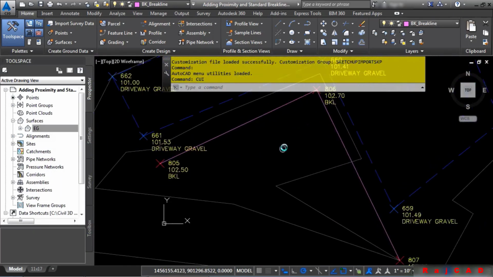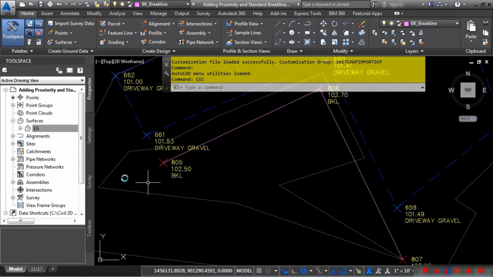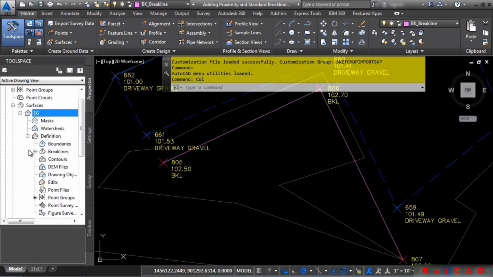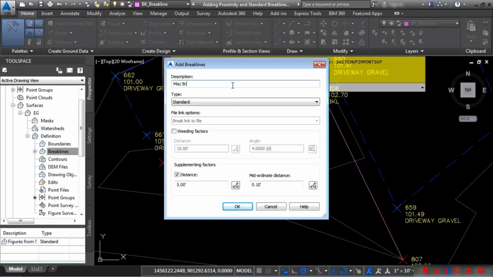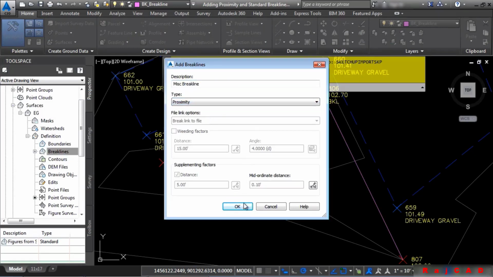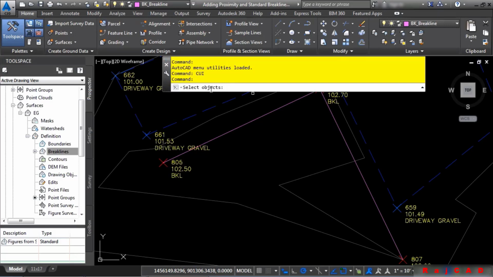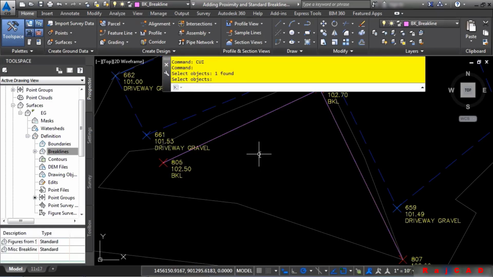go ahead and bring in this breakline that is a polyline. If I hover over this, you'll see it's just a polyline. We'll expand EG, expand definition, right-click on breakline and choose Add. We'll call this one Miscellaneous Breakline, change our type to Proximity, and we'll just go ahead and click OK. When prompted to select the objects, go ahead and pick this object here, press Enter, and notice how the TIN